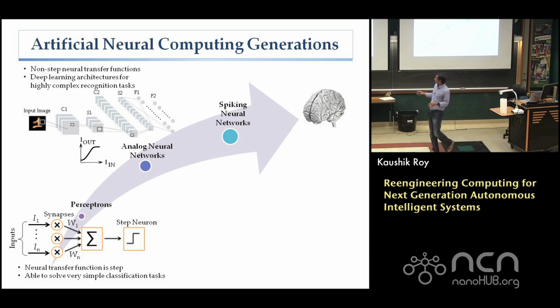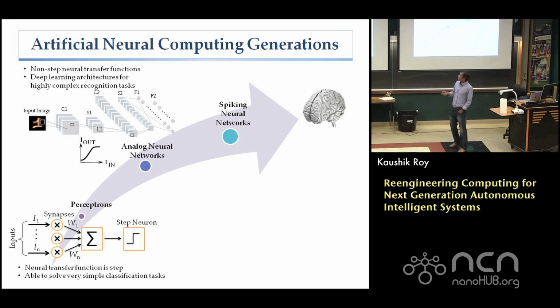In that case, it turns out that the neuron functionality that I talked about earlier, which is just like a step function, a very simple thresholding, below a threshold 0, above a threshold 1, may not work really well because it has only two states, 0 and 1. A better way of representing that is not these perceptron-like thresholds, but something like a sigmoid function. People use these sigmoid functions, which are not quite 0 and 1. Somewhere in the middle it could be 0.5, 0.6, and so on, and that works better.